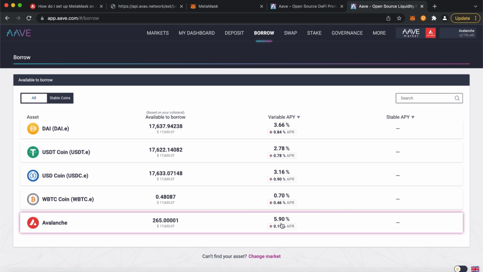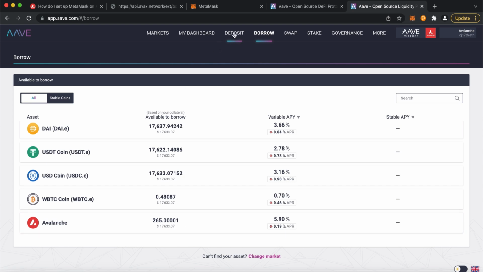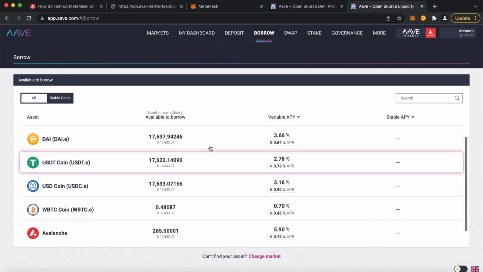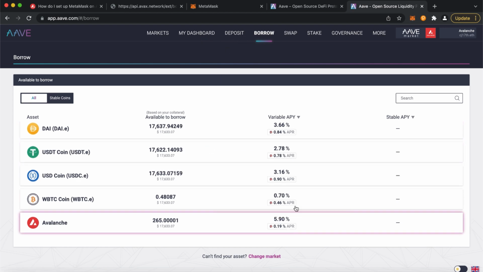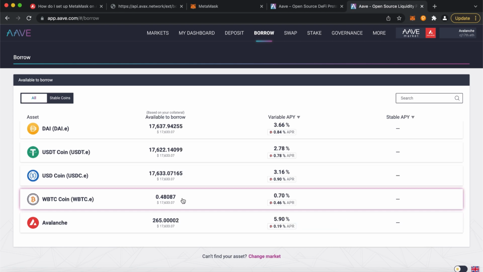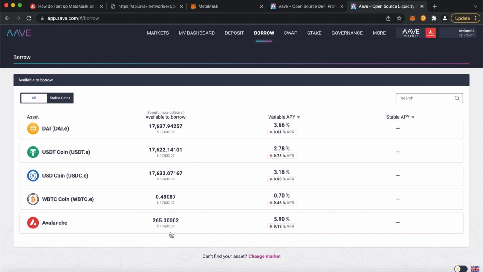So really, in theory, I could just borrow the 17,000 and then deposit it again, so I can earn some interest on it, right? So I'll be paying 6%, but I'm earning 8%. Cool little hack to get you an extra 2% on 17,000. We're not going to dive into that type of stuff, but